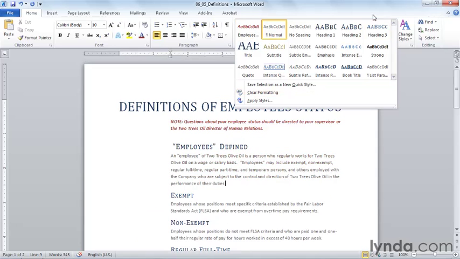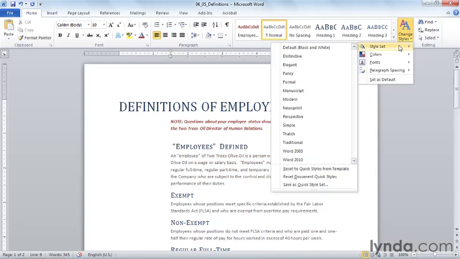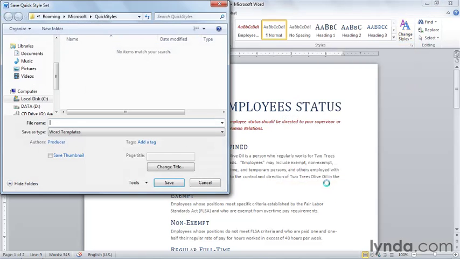If I want to change my entire style set, I'm going to do that on the Change Styles button. Style set, not just one style, and then Save as a quick style set. Although I'm clicking the Change Styles button to the right, what I'm saving are all of the styles contained in the Style drop-down right now. I'm going to choose Save as Quick Style Set, and I'm actually going to give this a functional name. You could give it a name like Rowboat or any of the other names that are already used,